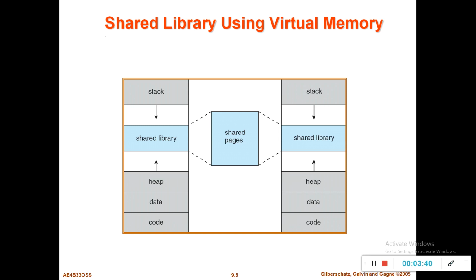Virtual memory is also helpful for shared memory here. So there are two processes executing, and if they require the same libraries, instead of maintaining them separately, those are maintained in pages, and those pages are going to be shared by both the processes. So instead of maintaining separately, we maintain them at the center, and these pages are going to be used by both the processes. This is another advantage which saves the frames or the pages or the space